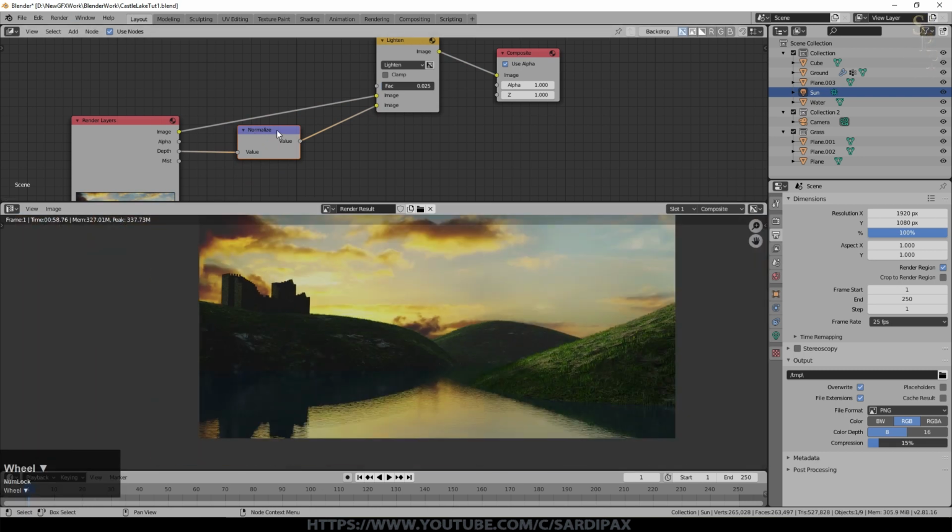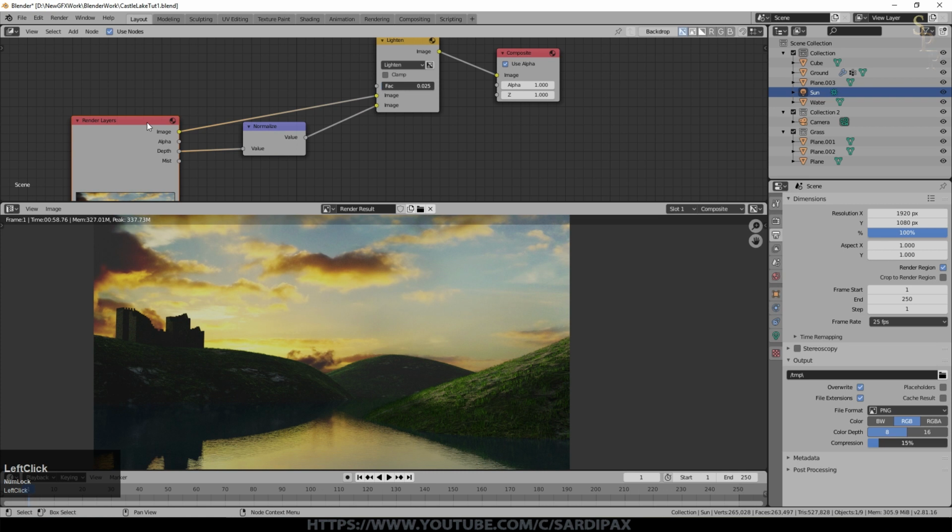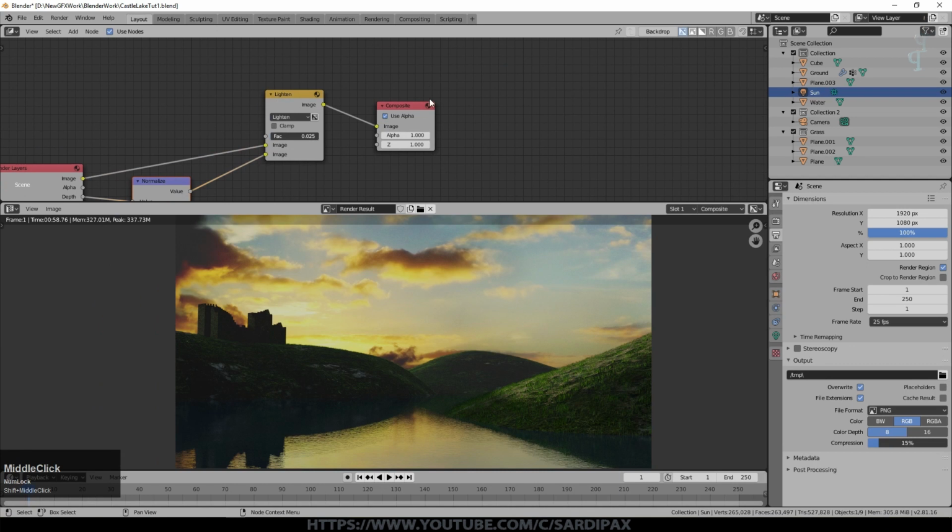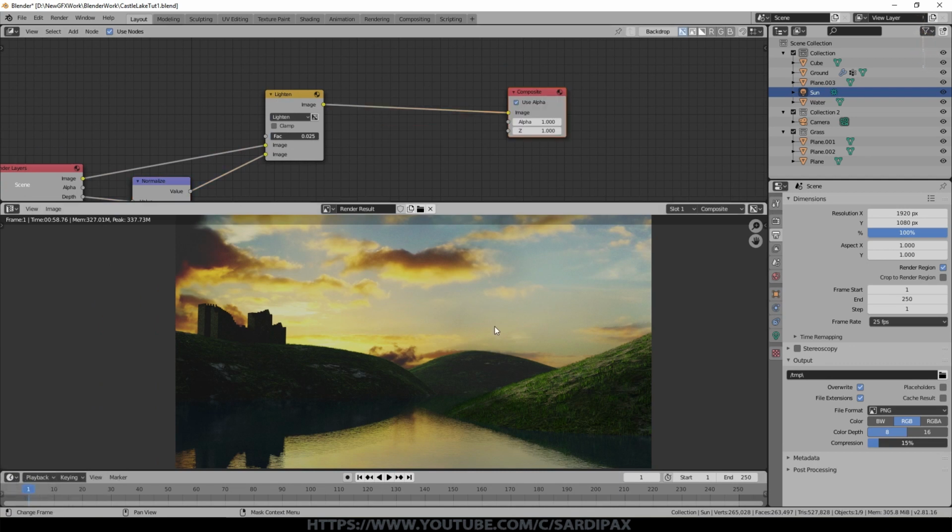So it's up to you whether you use this additional node and use the depth pass or use the mist pass itself. If it's a long render and you forgot to turn on the mist pass, I guess this is a nice little quick and dirty that you can do in order to get your distance mist back into the scene. So in addition, there's one last bit of detail I'm going to add into the scene, but I'm going to finish the compositing first.